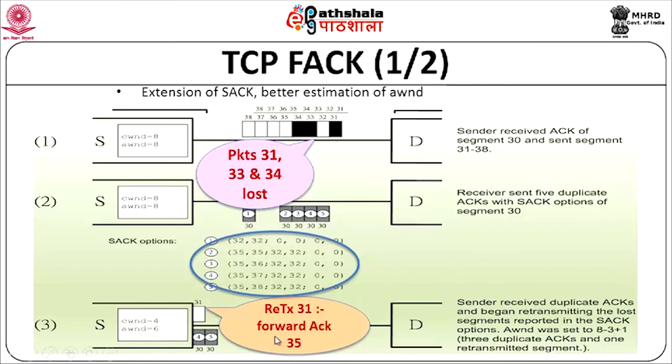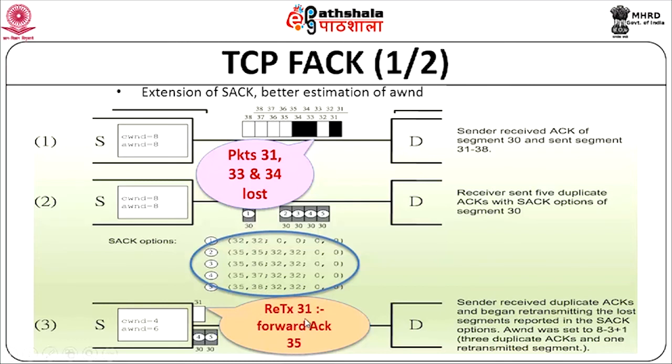What we mean by a forward ACK is that when I receive an ACK for 35, I am actually waiting for 38, but I am receiving for 35. Now the last packet I have transmitted is 31. So if the difference between this forward ACK that I have received, 35, and 31 is greater than 3, you can do a retransmission. That is basically how the forward ACK mechanism tries to do a retransmission quicker without even waiting